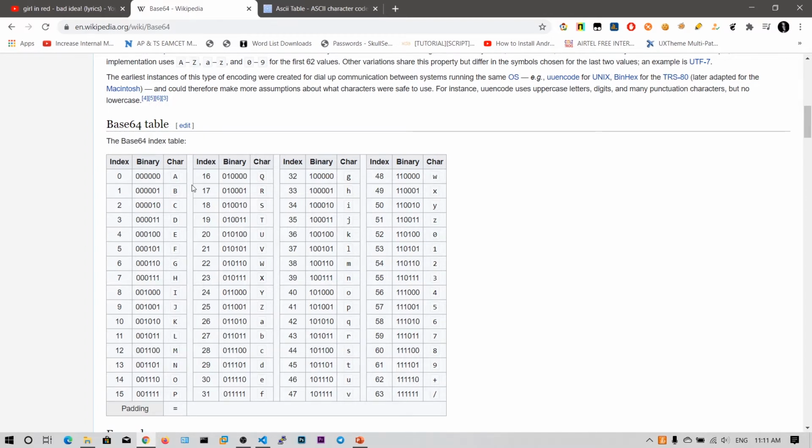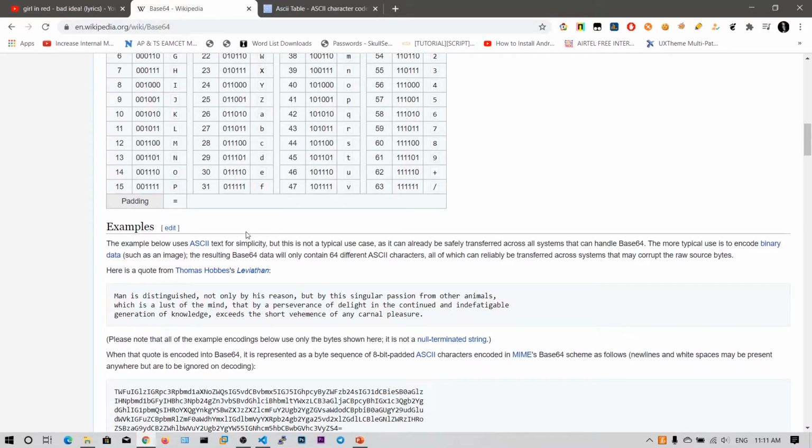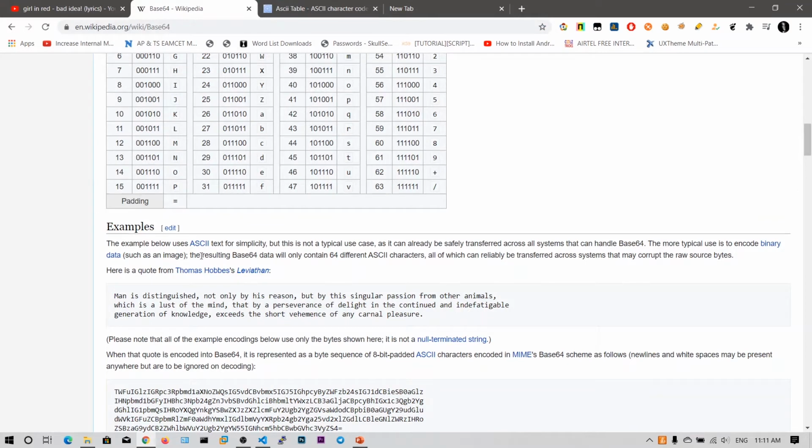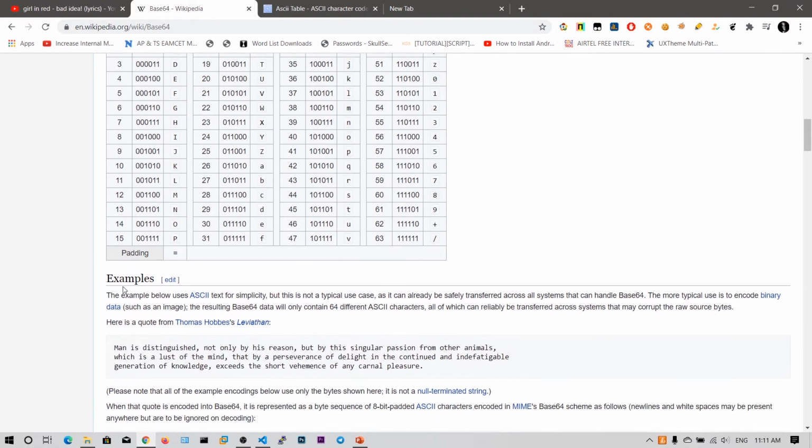In base64, we take 6 bits at a time, and we get 4 values for those 24 bits, because 24 by 6 is 4. So for each 3 characters we will write 4 base64 characters. If this seems confusing, I thought to first write a PPT, but Wikipedia has a good table and also an example, so I want to directly show you these examples.